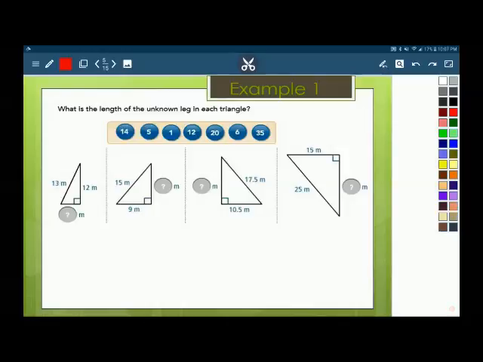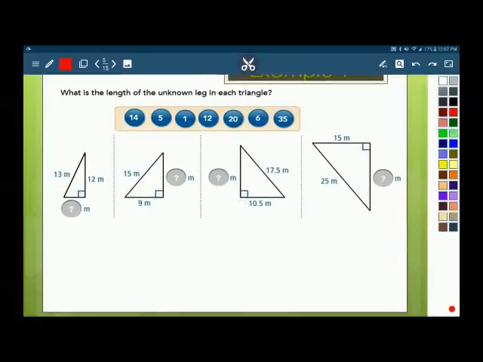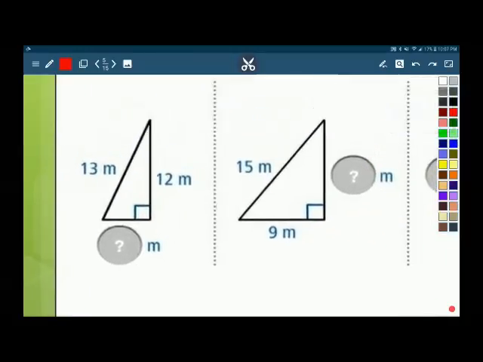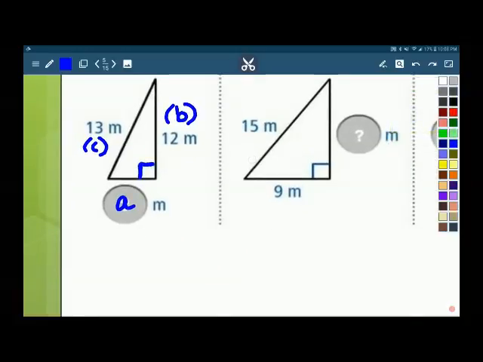Now, in all of these four different examples, we're going to be missing one of the legs of the triangle. Okay, so if you notice, again, let's look at this first one. The right angle symbol connects the legs together. So let's call the one that we're missing A. And then this one we'll be calling B, and then C should always be the hypotenuse, or the value across from the right angle. So in order to properly memorize